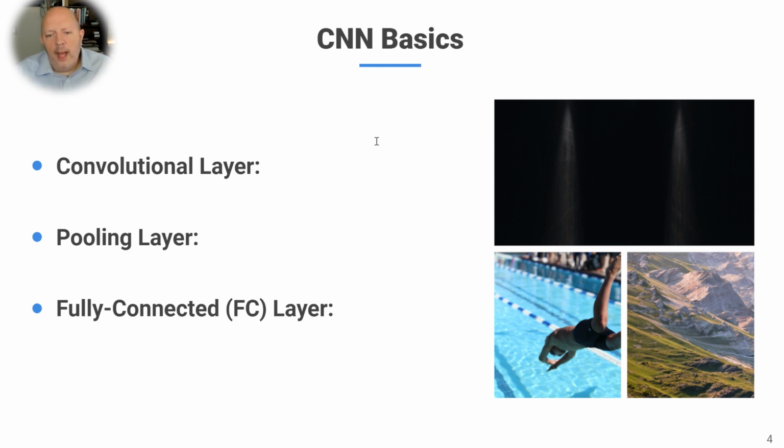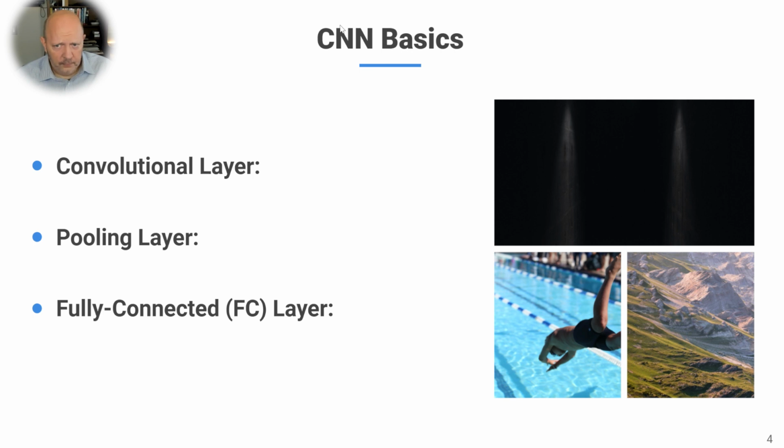And finally, at the end, we have a fully connected layer. What's a fully connected layer? A fully connected layer basically just says, hey, this is X. This is a car. You have a bunch of outputs. Is it a car? Is it a cat? Is it a bird? Is it a plane? And it connects all those end neurons. It says, yes, it's a 90% chance it's a car. It's a 10% chance it's a monkey. I have a great demo of this. But these are the three main concepts of a convolutional neural network.